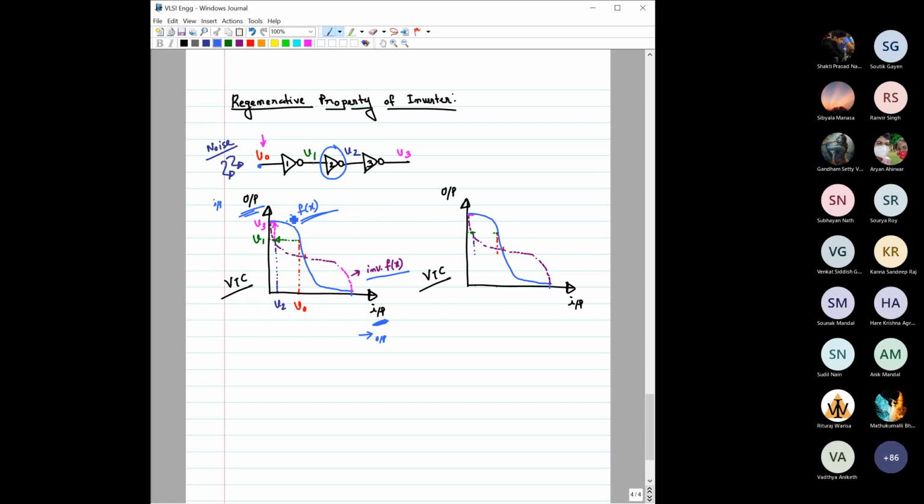You understood, right? That's what I said. For the second case, this is basically the output and this is basically the input. So this output is low. You consider from here, this is the threshold for the second gate. Below this threshold, that means this is a logic 0 input, and this is the output for the second gate. So what are you getting? Logic 1 output. Again, if you look at this part, here the input is logic 1, but as a result you are getting logic 0 as output. So it is basically